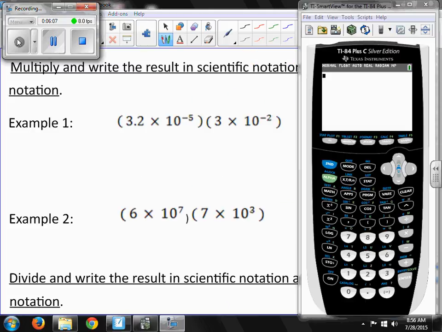Now we want to multiply and write the result in scientific notation and in standard notation. And I will show you how to do part of this on the calculator, but not all because it takes so long to type into the calculator. 3.2 times 3. I'm going to use the calculator in order to multiply the 3.2 times 3, and that'll give me 9.6,